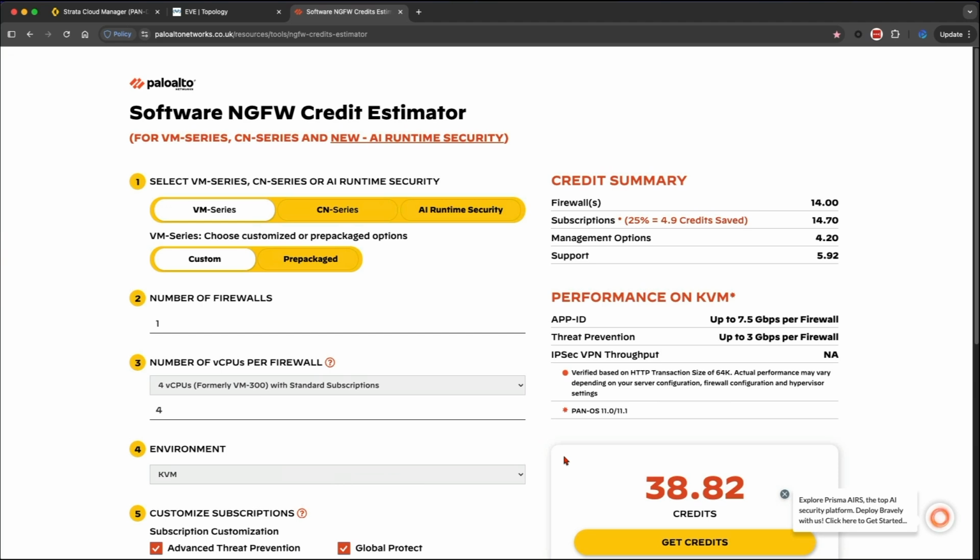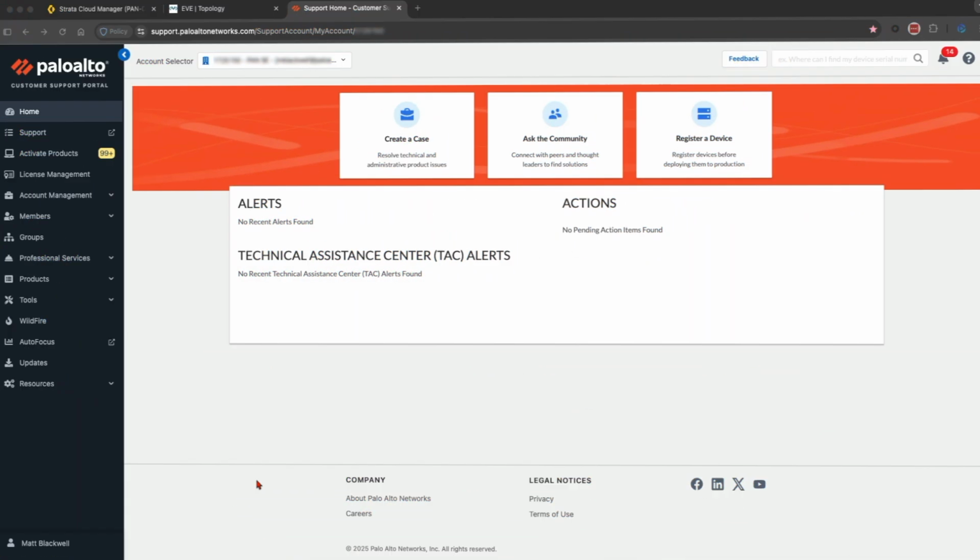So I already have Strata Cloud Manager and Strata Login Service activated in my Palo Alto Networks demo tenant ready for this video. However, I'll show you how I create the deployment profile and how the credits fund the firewall and Strata Cloud Manager, and the basic steps required to provision Strata Cloud Manager and Strata Login Service ready for cloud management. So now we head over to